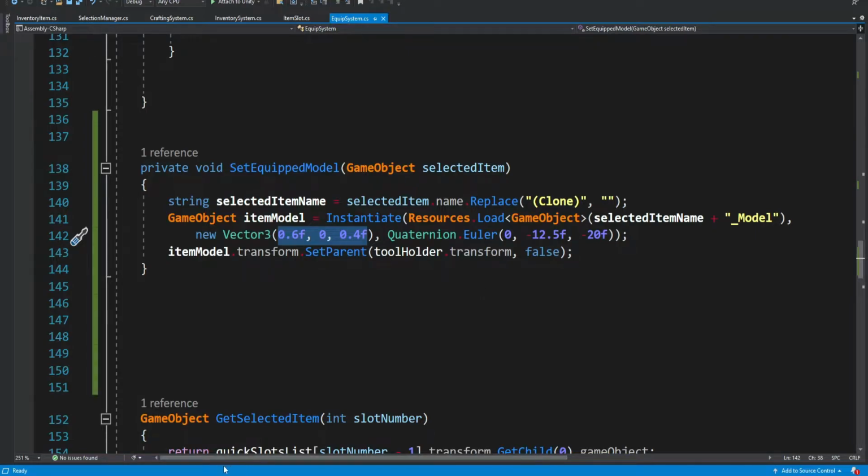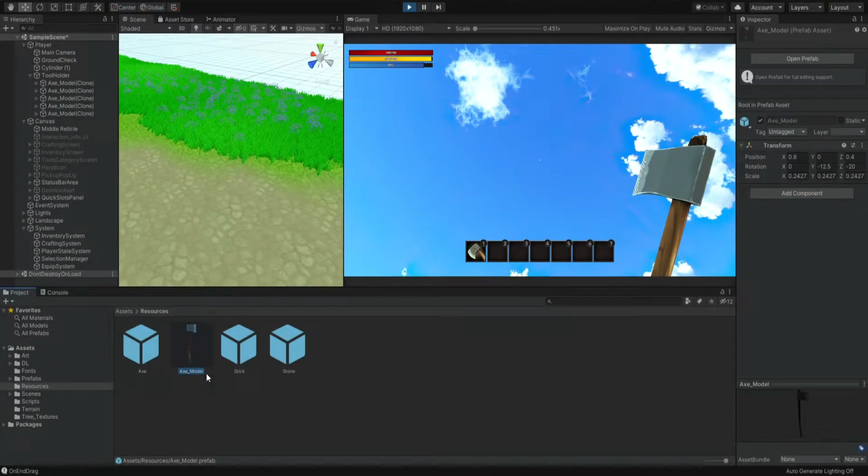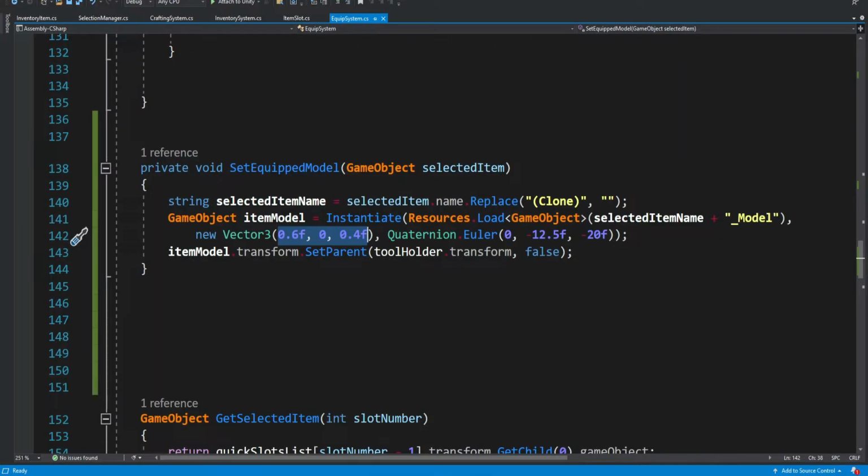So unless you need to change the size of your model when you instantiate it, there is really no reason to do that, because you can just set the scale over here inside the prefab and then just instantiate it. But you can always change the scale inside the code if you need to. I don't need to, but just know that you can do it.